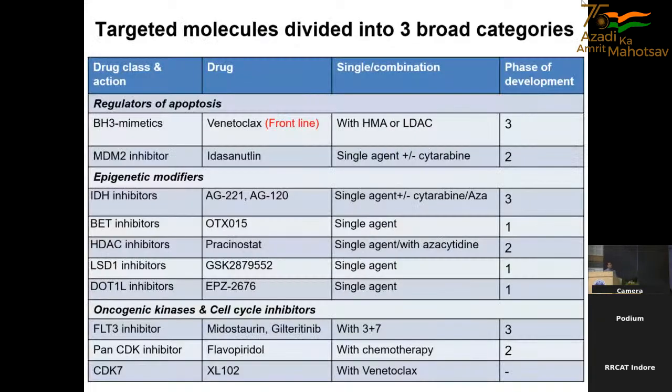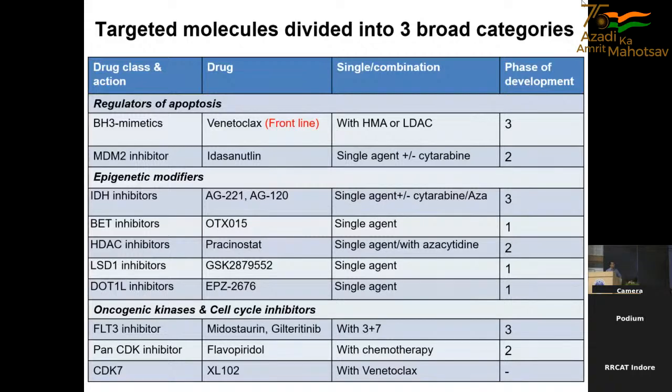So in AML, or in general, the targeted molecules can be divided into 3 categories. One, regulators of apoptosis, such as venetoclax, which is a BCL2 inhibitor, and MDM2 inhibitors; epigenetic modifiers such as IDH inhibitors and BET inhibitors; or oncogenic kinases and cell cycle inhibitors such as FLT3 inhibitor, pan-CDK inhibitor, or CDK7. So in today's talk, I will discuss some of the data that we have generated using this compound, CDK7